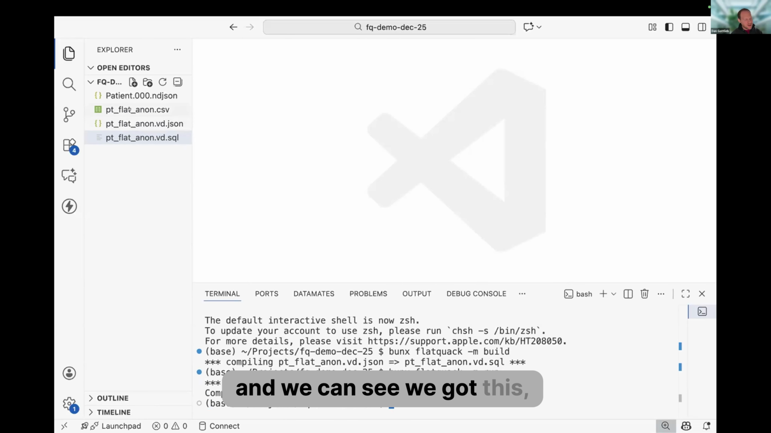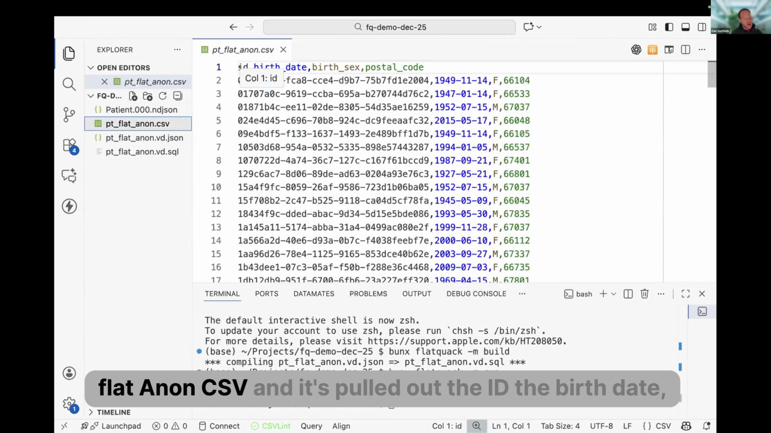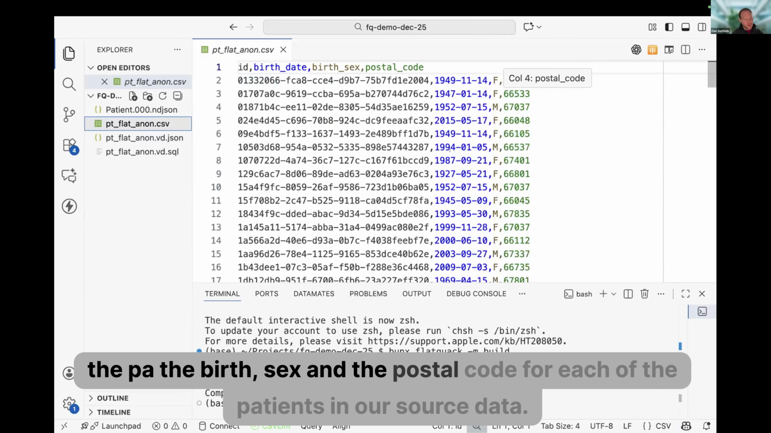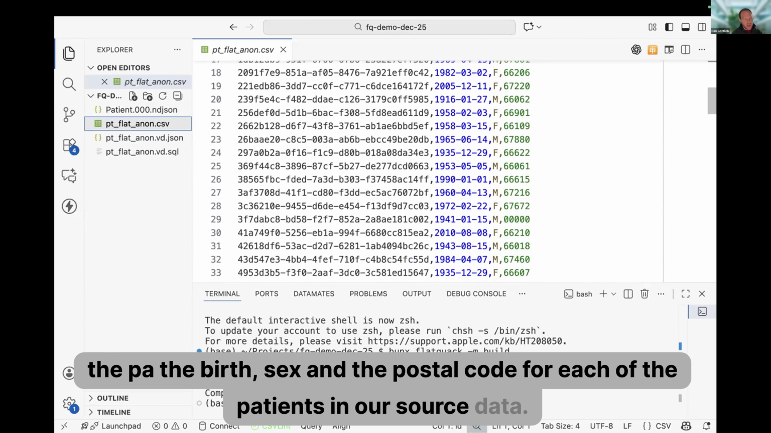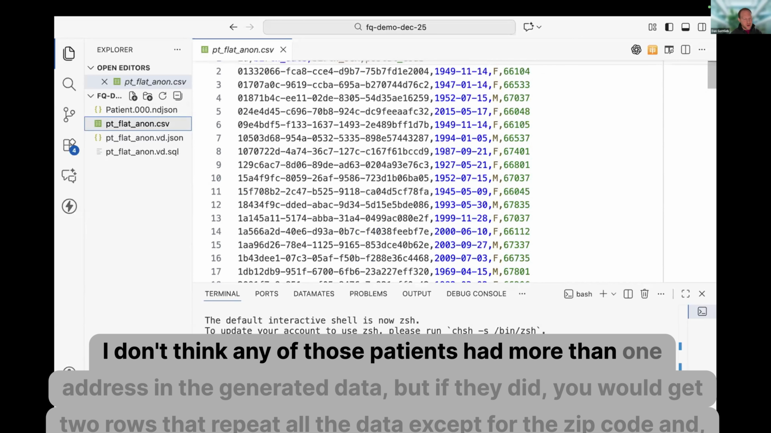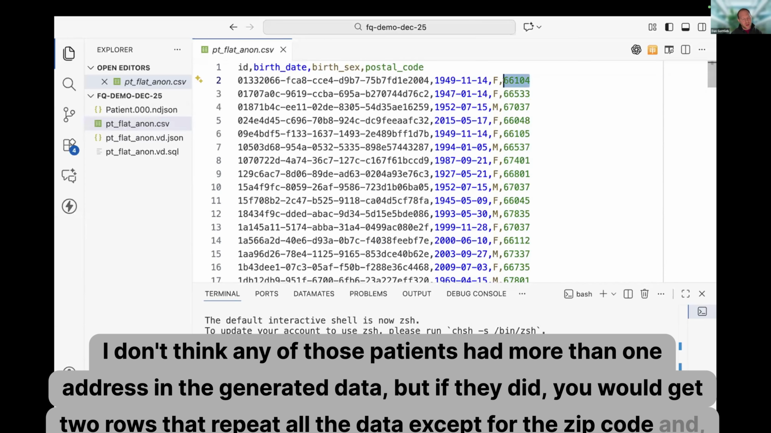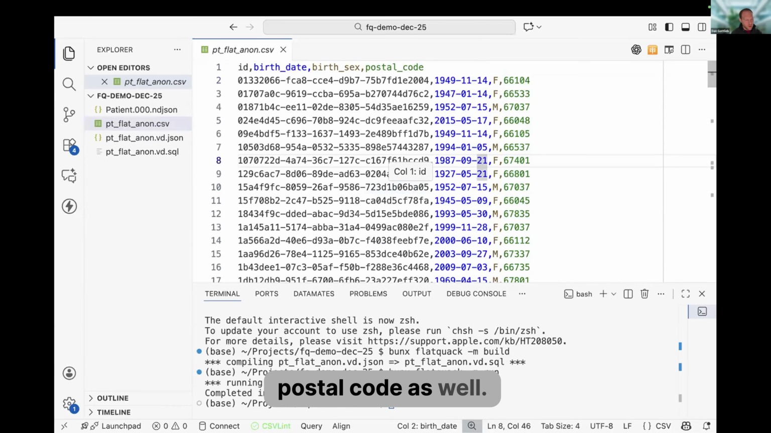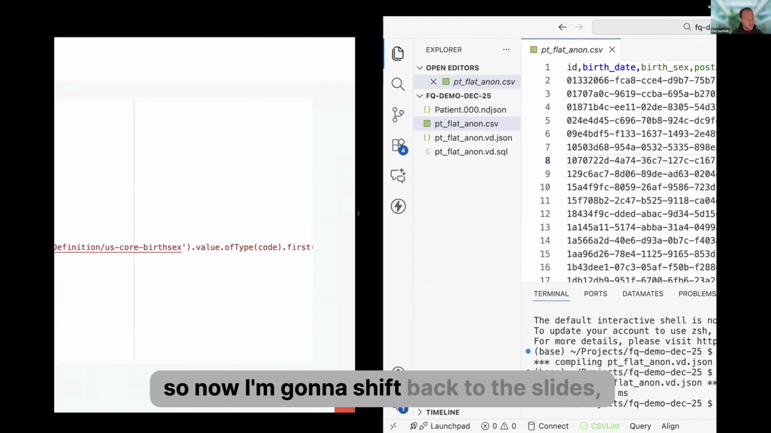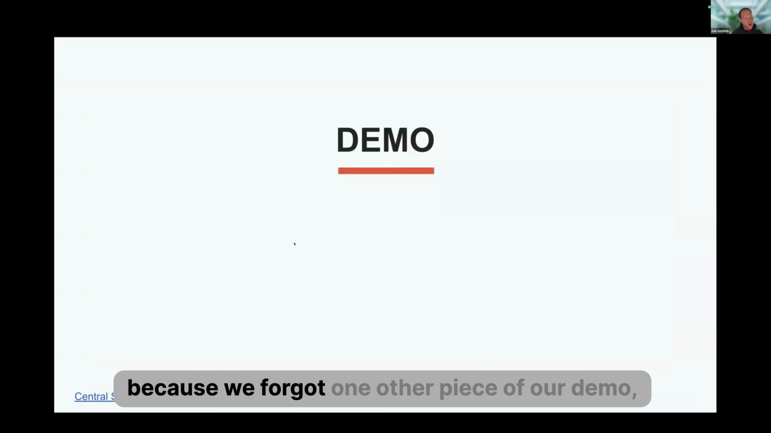And we can see we got this flat_anon.csv, and it's pulled out the ID, the birth date, the birth sex, and the postal code for each of the patients in our source data. I don't think any of those patients had more than one address in the generated data, but if they did, you would get 2 rows that repeat all the data except for the zip code and provide the second postal code as well. So now I'm going to shift back to the slides because we forgot one other piece of our demo,